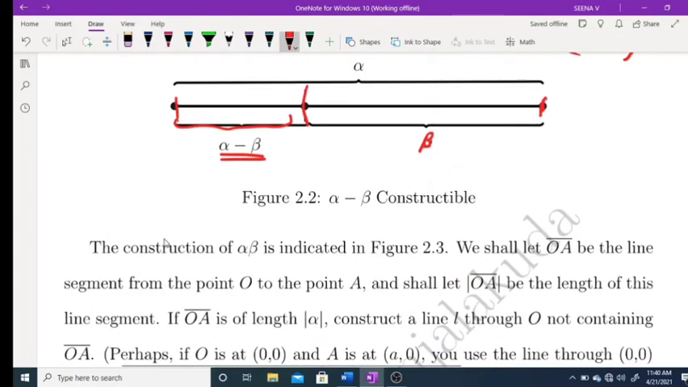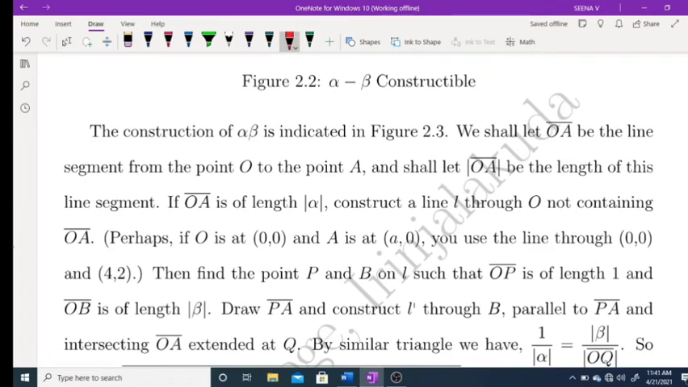Let OA be a line segment from O to the point A, and let the modulus of OA be the length of this line segment. If OA is of length mod alpha, construct a line L through O not containing the line segment OA. For example, if O is at (0, 0) and A is at (a, 0), you use the line through OA